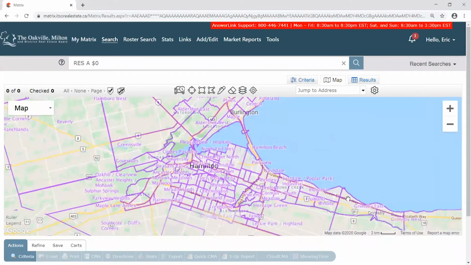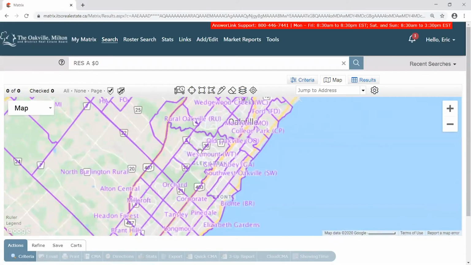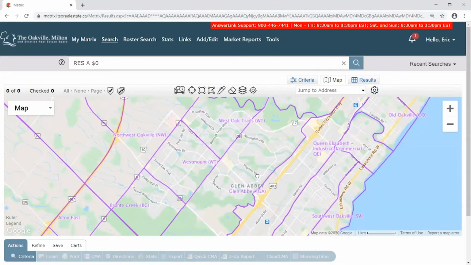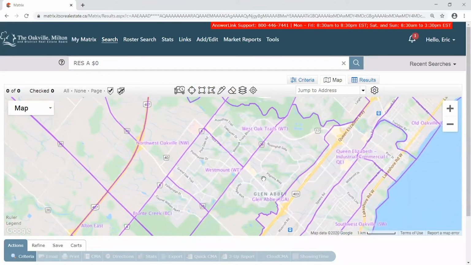Right? You're going to be able to see the other boards from this view as well. But what we can do at this point is perhaps it just gives us a little bit of structure now for what we're trying to draw. Right? Perhaps our client was, in fact, just looking for more so Westmount and West Oak trails. Well, what we could do is we can choose one of the drawing tools now. I'm going to choose the polygon option and maybe do a little bit of kind of a rough drawing. I know I'm zoomed in